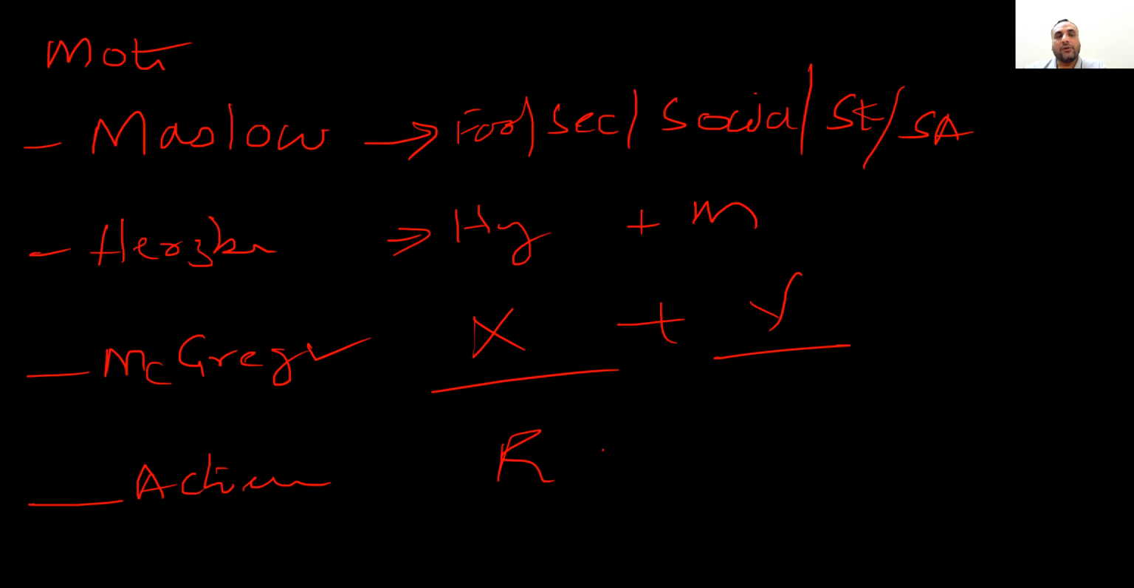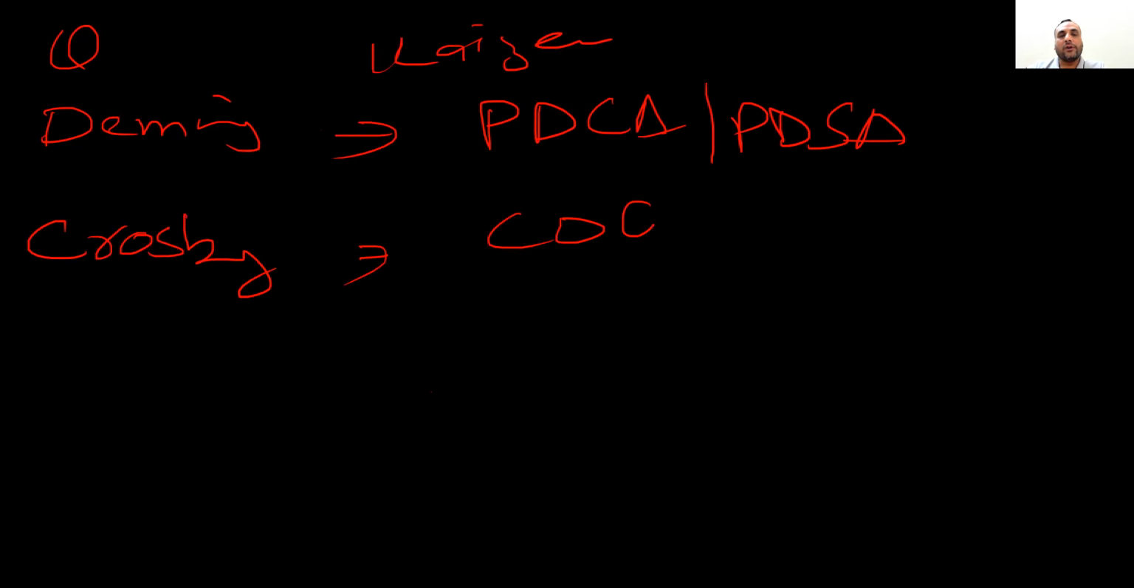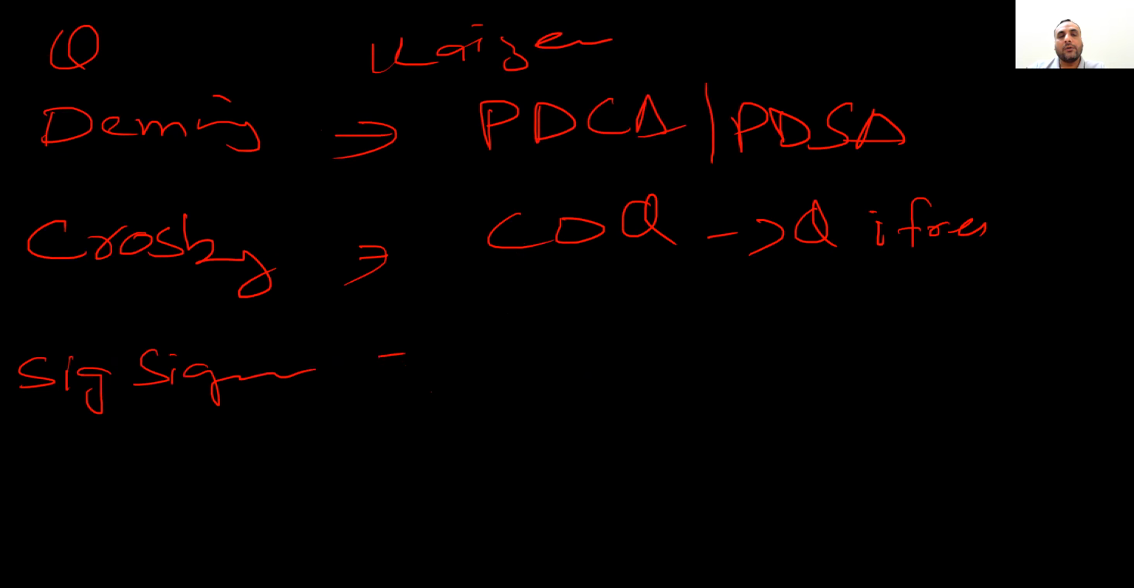Then we have what? Quality theories. Mr. Deming is used. They all work under the umbrella of Kaizen, continuous improvement. Deming says PDCA or PDSA. Crosby says work on cost of quality, or quality is free. Then we have what? Six Sigma framework for eliminate